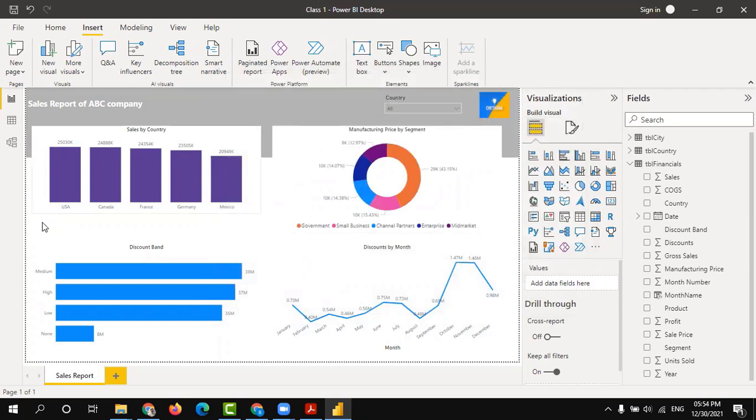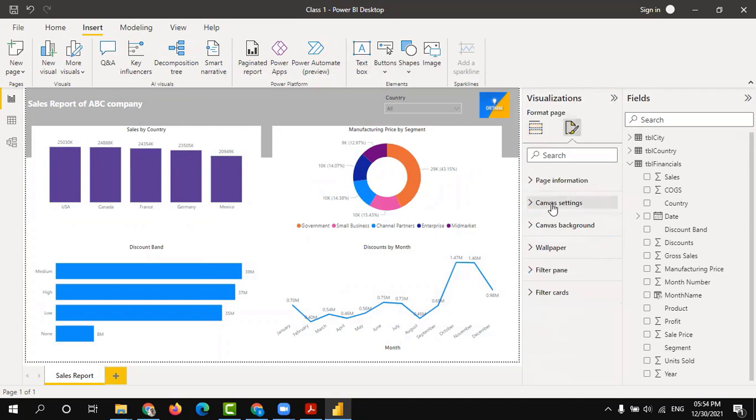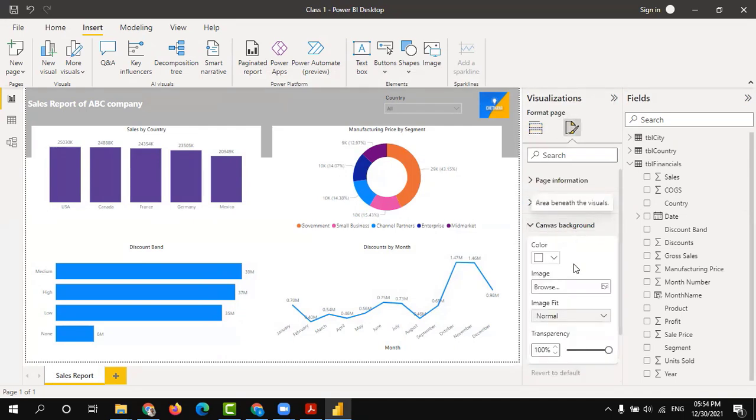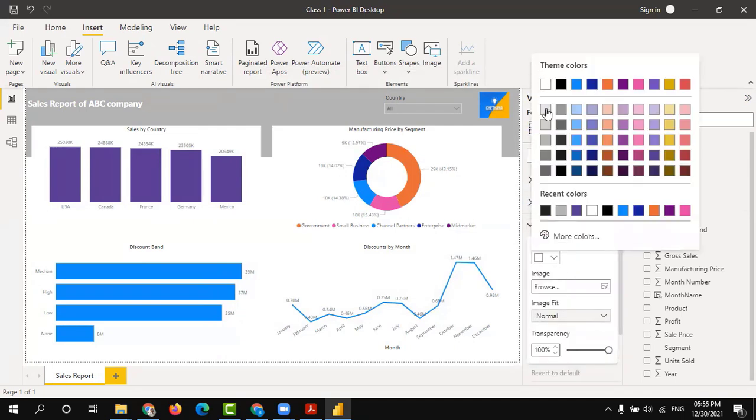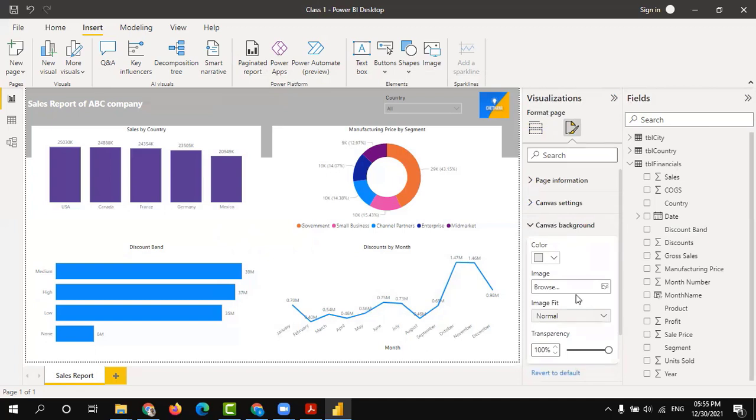So suppose this background is white and the chart's background is also white. If you don't like it, you can also change the canvas background. Don't select any object, just click on the canvas and go to this format. In the canvas background, give some light shade and the transparency is set to 100.